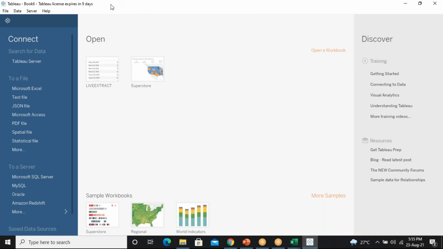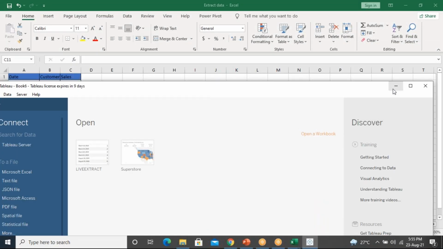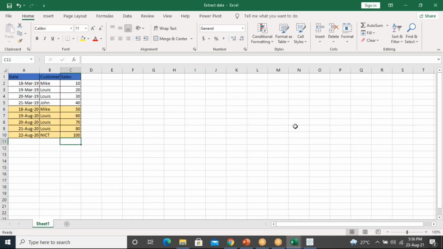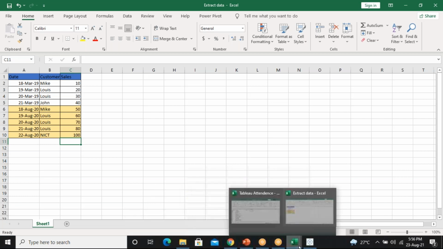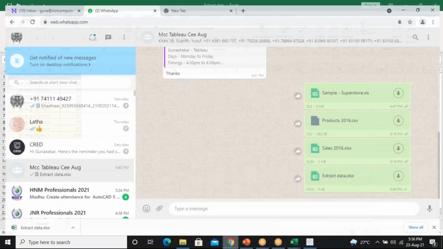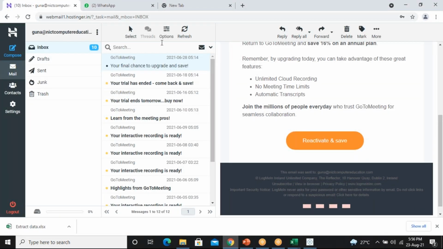Save that file and send me that file on WhatsApp. WhatsApp most probably will support that, no issues. Or else you can send it to the mail ID which I mentioned here.